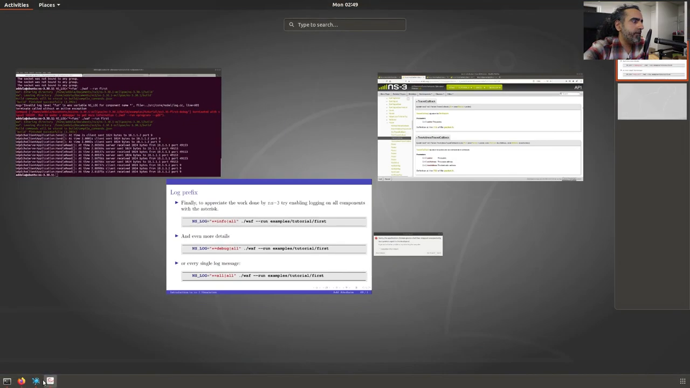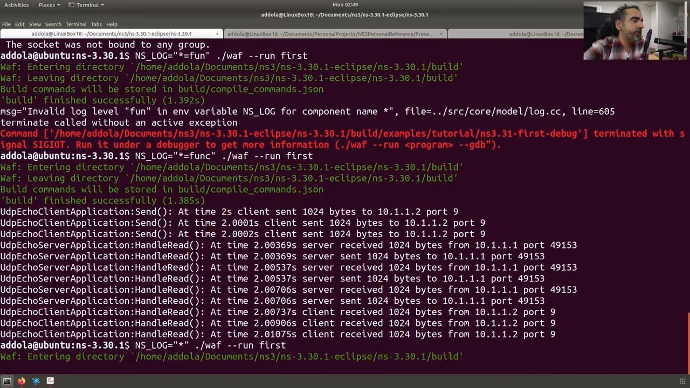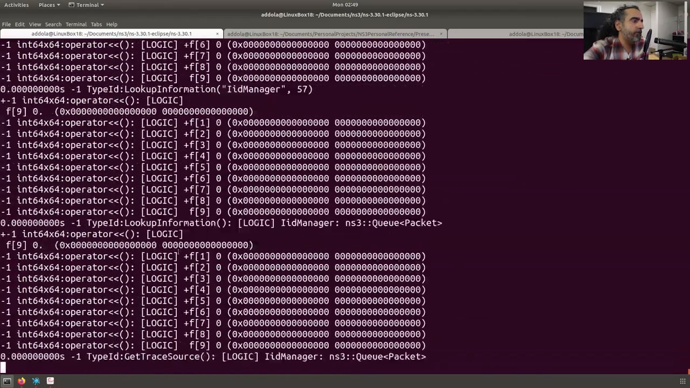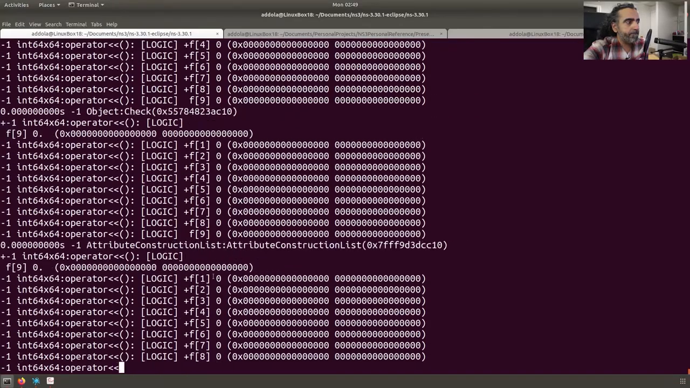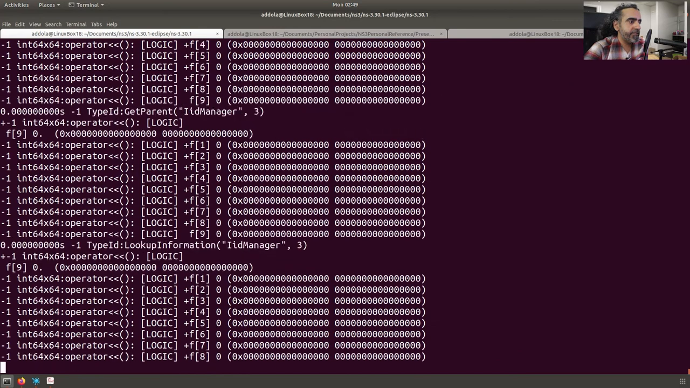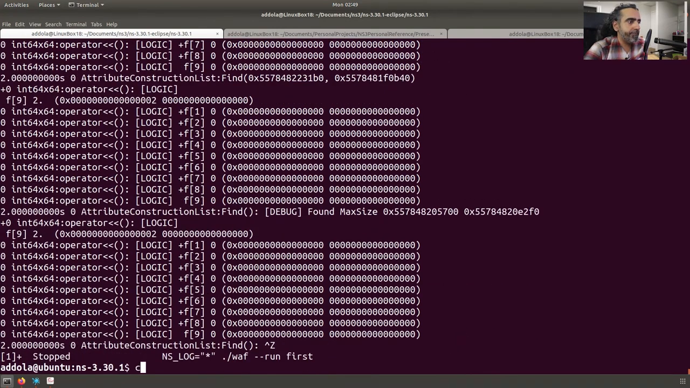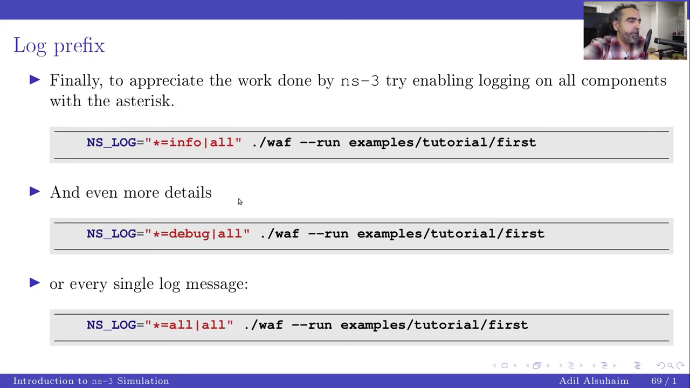Let me just do star. See all log functions. There's a lot of log functions. There's a lot of things happening when simulations are created. Let me just stop this because this will take forever. All right, back to this. Anyway,